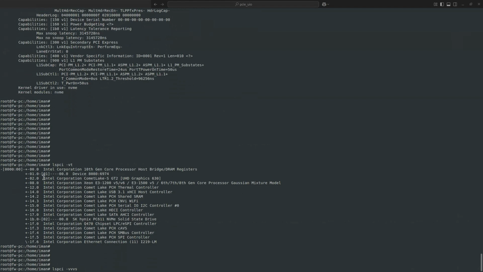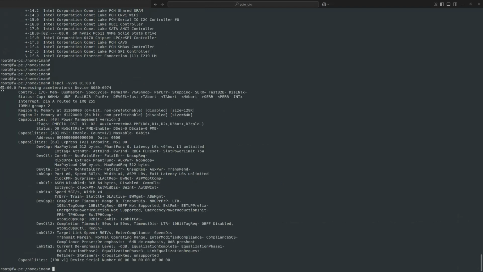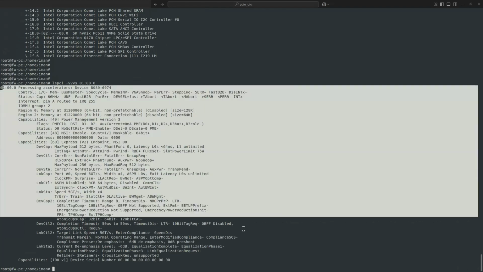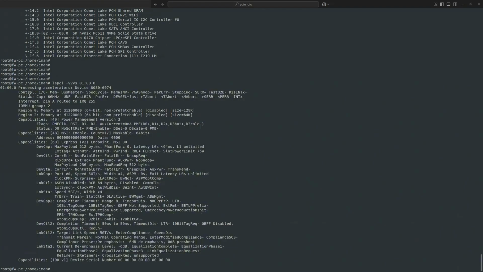What was our device address? The bus number is 1, device number is 0, and function number is 0. So we have 01, 00, the device number, and .0 is our function. So this is the full information that lspci can provide to us.